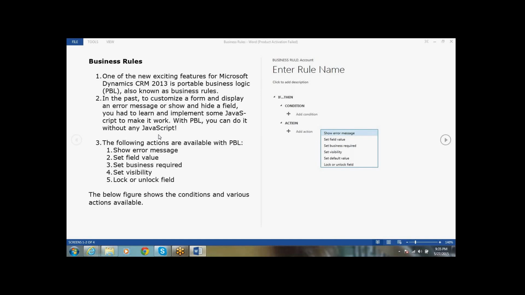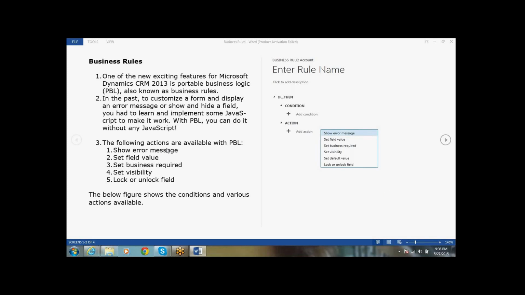By using these business rules, we can achieve the following functionalities: showing an error message, setting the field value, setting the business required, setting the visibility, and locking or unlocking the fields.